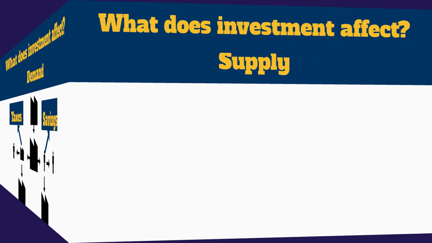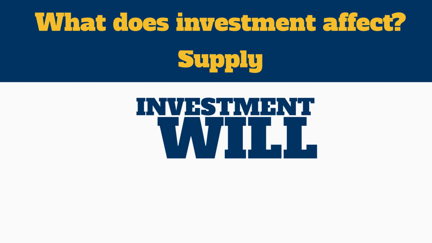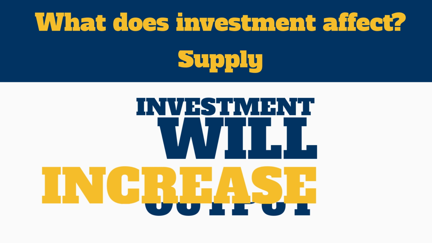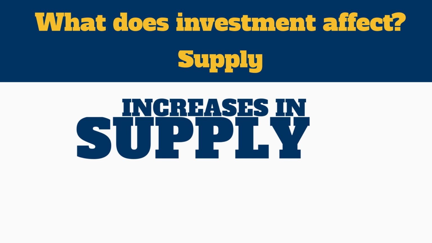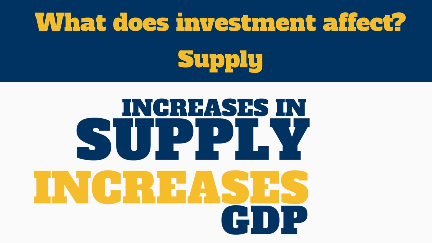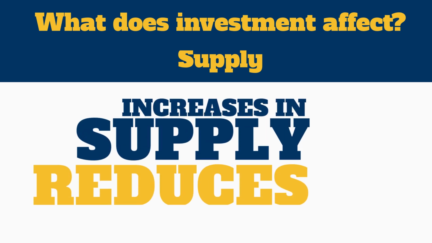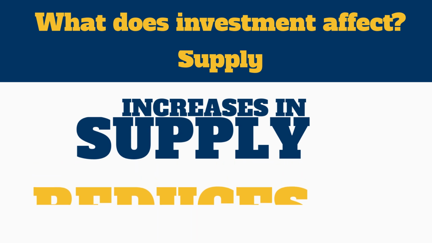Now let's put those demand-related effects to one side, because investment also affects the supply side of an economy, and it does this in two ways. To begin with, because when firms invest in new capital goods, they will be able to produce at a higher level of output. The general level of supply in an economy will go up. And when lots of businesses do this, it can provide a further increase in output and so increase GDP. But additionally, if there is an increase in the supply of products in the economy, prices will likely go down, and this may negate any inflation effects from the demand side.